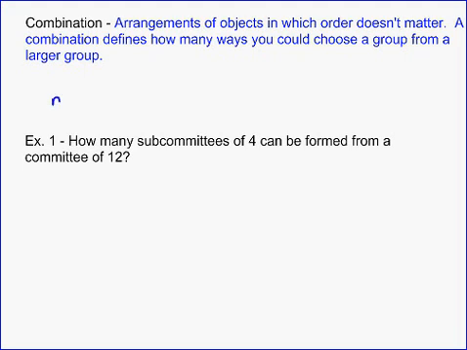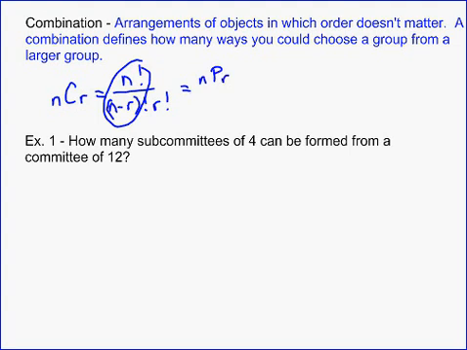We have a formula for finding combinations. We use a C for combination, and it's always going to be nCr, and whenever we do that, it's going to be n factorial, very similar to a permutation, right? Over n minus r factorial, that's just like a permutation, but then we also have to divide by r factorial. Another way to think about this is instead of writing this, you could write the n permute r over